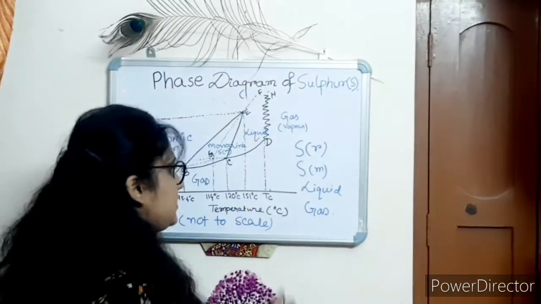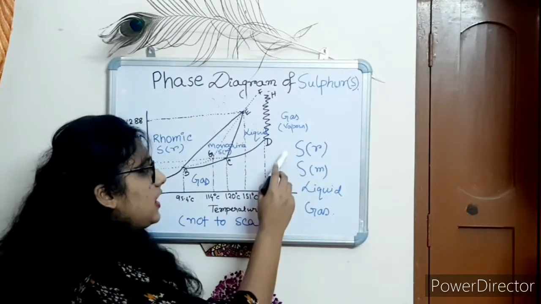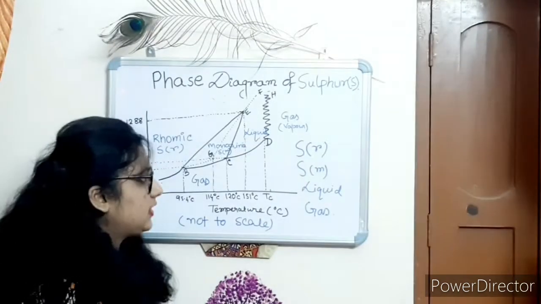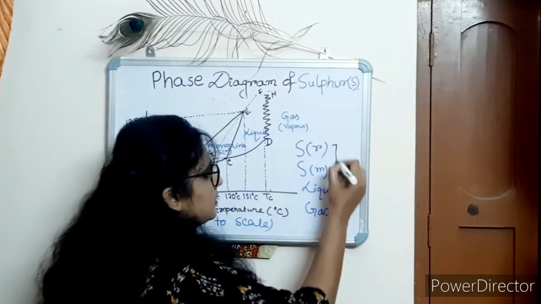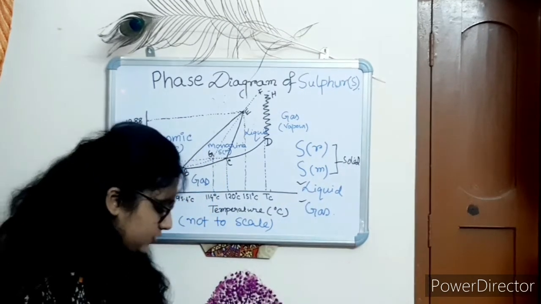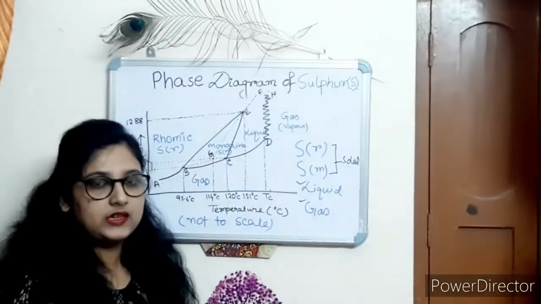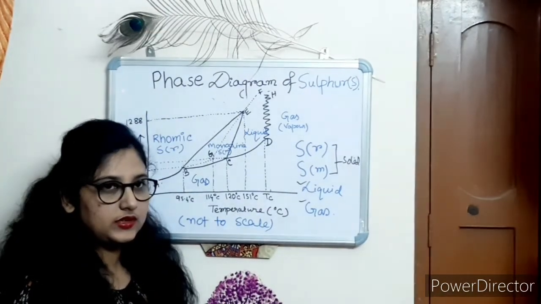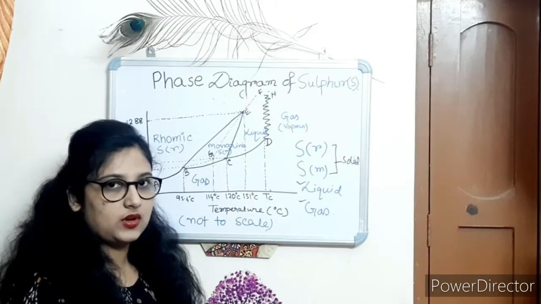So sulfur can have four phases, and these four phases are sulfur in bracket R, which means sulfur in the orthorhombic state, and sulfur M, which means sulfur in the monoclinic state, and these two are the solid states. And another is liquid and another is gas. So from my previous discussion, you all know that the state of a system is dependent on the temperature and pressure of the system. So for water also, there is a temperature range and a pressure range in which water can stay as solid, liquid or gas.